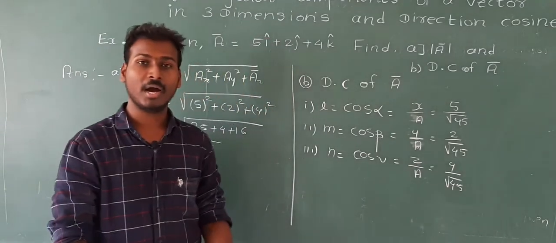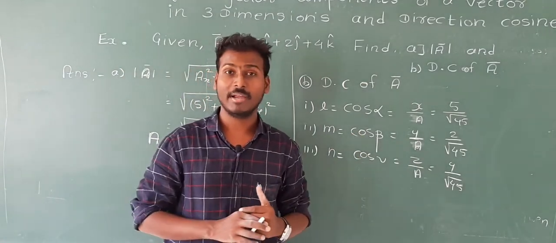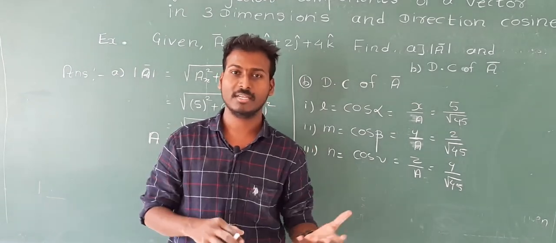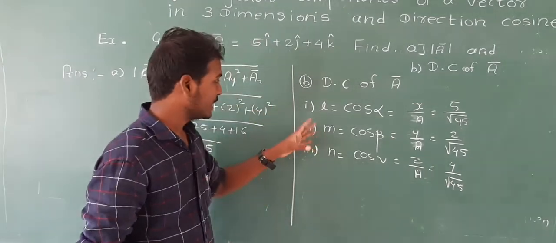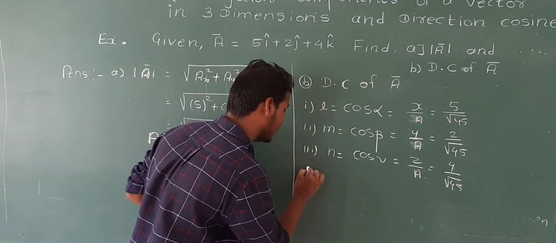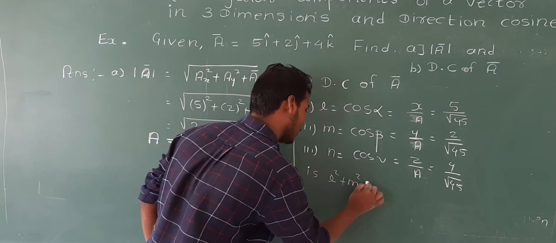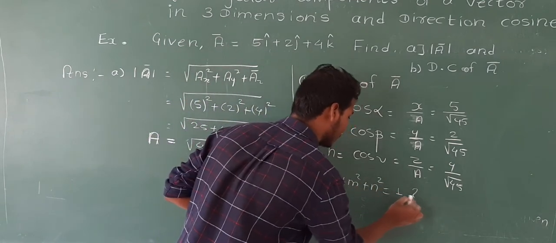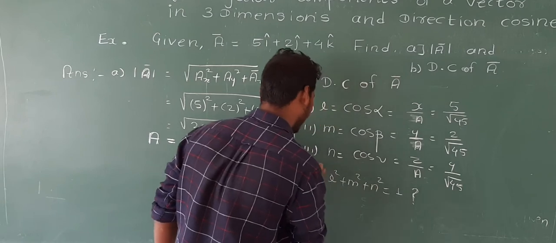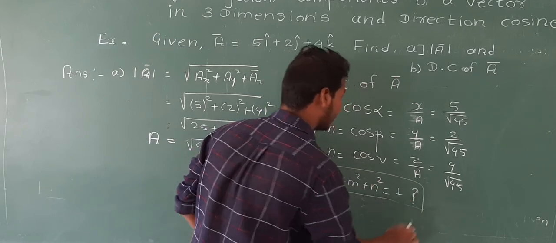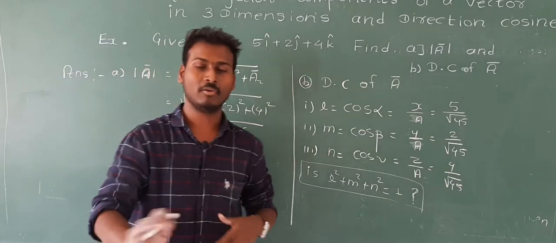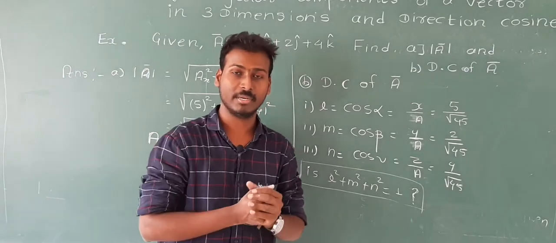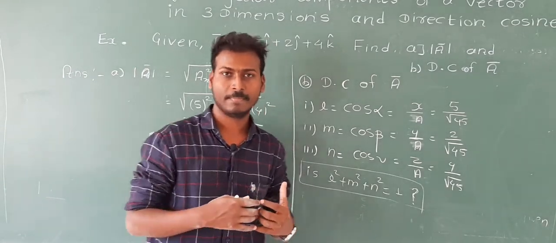This is the answer. Now, how do we check whether the answer is right or wrong? I have told you that the addition of the squares of all the direction cosines is always unity. So just check it out. Is l square plus m square plus n square equal to 1? Why the question mark? Because we are going to check it. Actually, if such an answer is there in any option, just tick it, there is no issue, just choose it. But for our comfort, for our confirmation, we can check it.